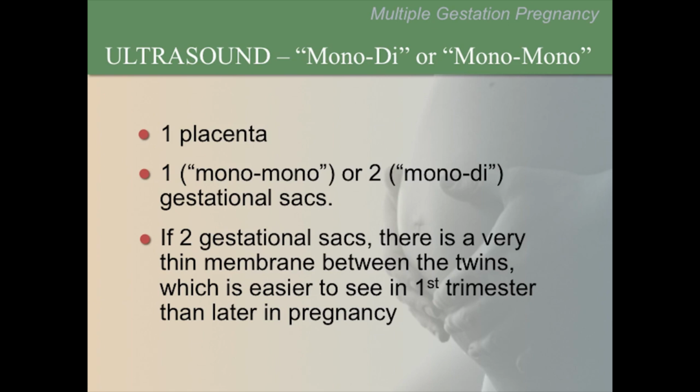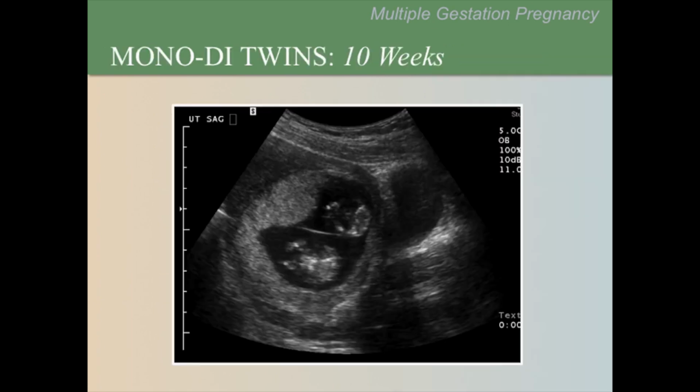Very rarely, the membrane is missing, which indicates a mono-mono twin pregnancy that is at high risk for complications. This is a typical image from a mono-di